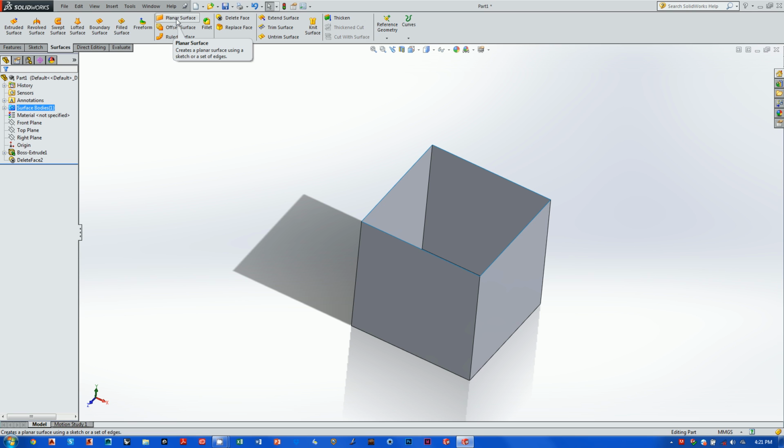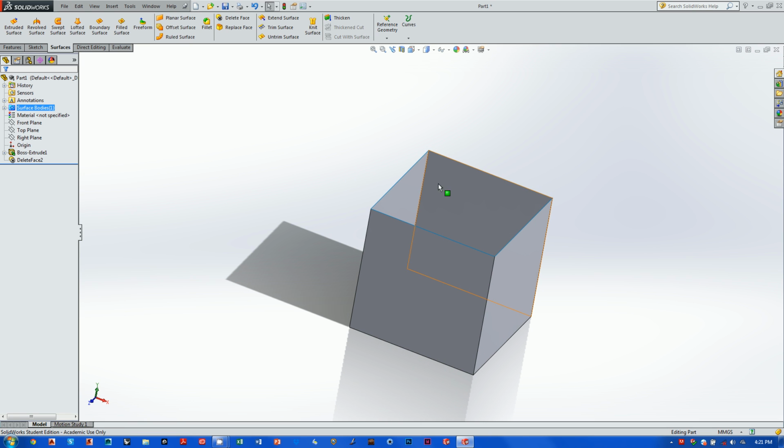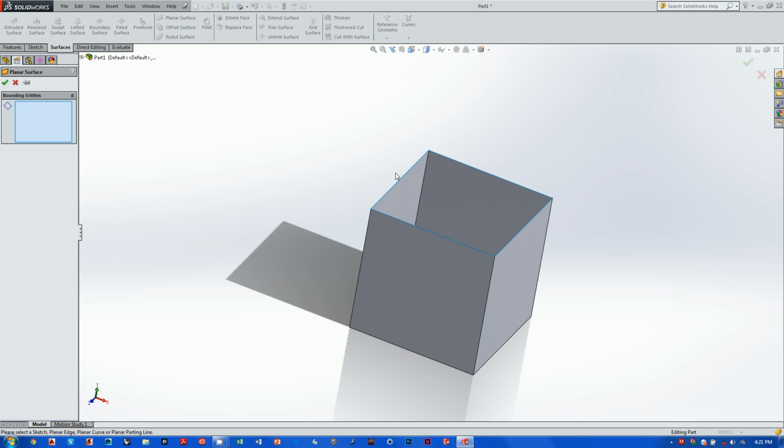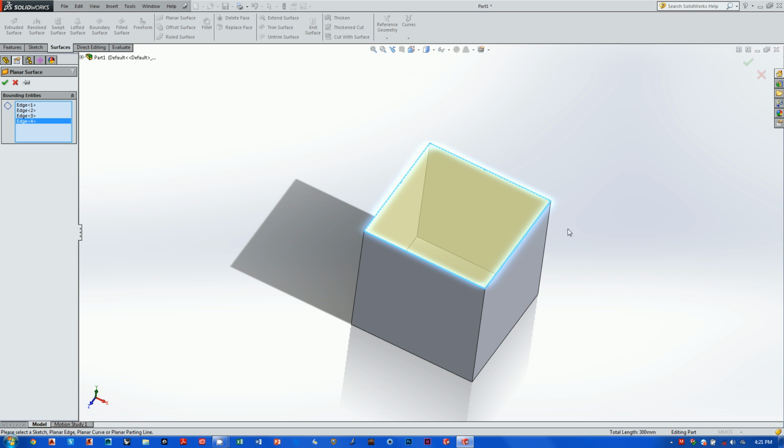Okay, if we look at Planar Surface, it creates a planar surface using a sketch or a set of edges. We don't have a sketch in this scenario, but we do have the edges of these four walls. So we'll go to Planar Surface and just choose the edges of the hole we'd like to patch. There we go. And you can see, just as easy as that, it will span the entire opening there,